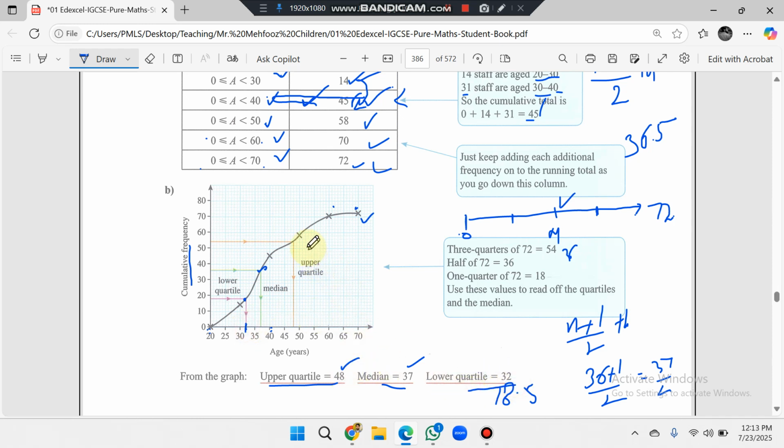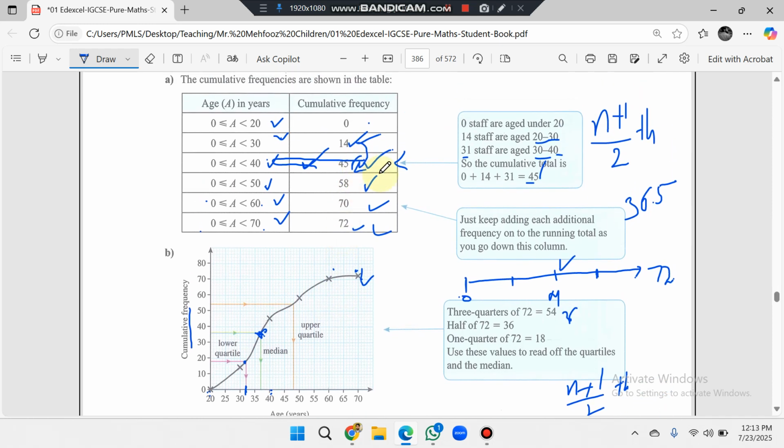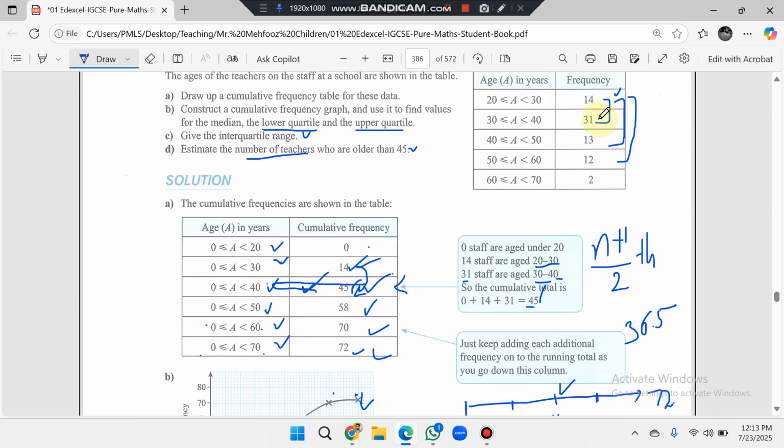For the upper quartile, you can see that this is the highest value and this is the median, and you can see that the total values of frequencies are 72, but the highest number of frequencies are